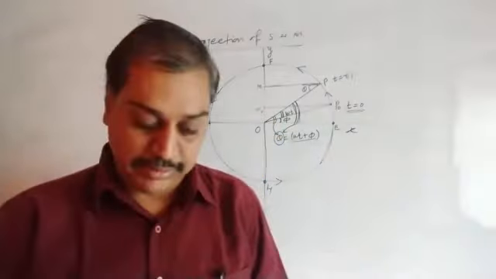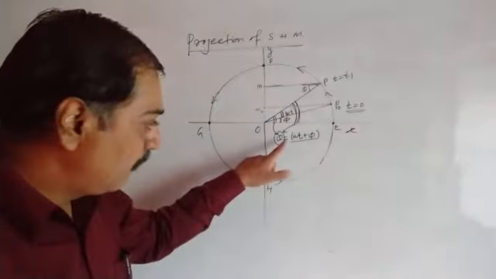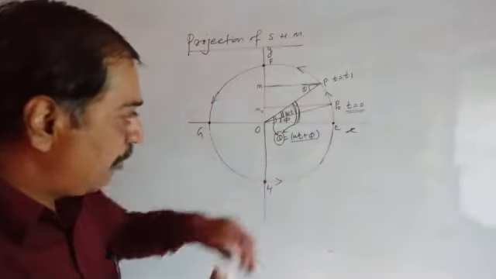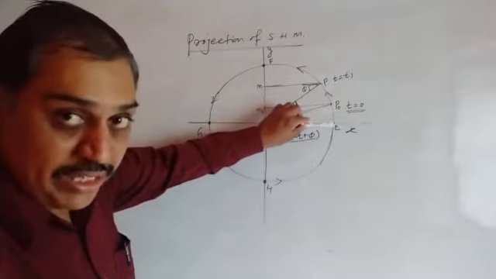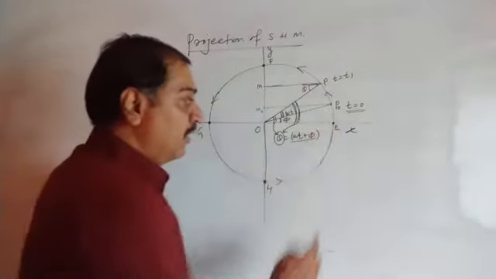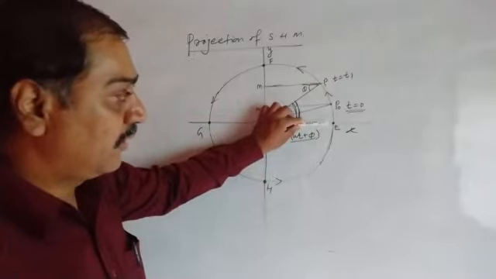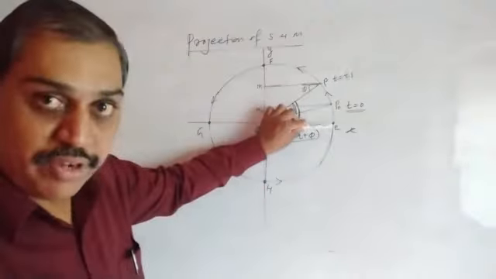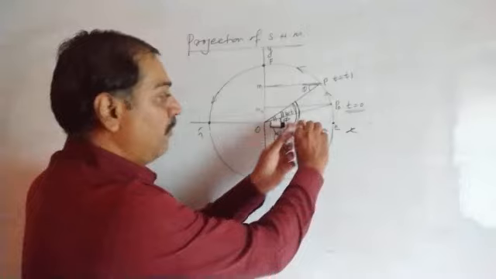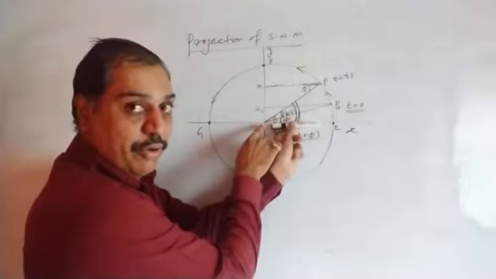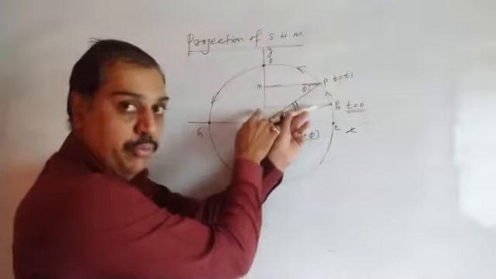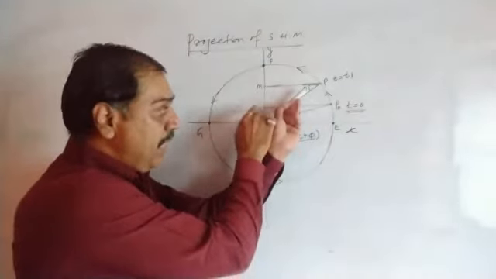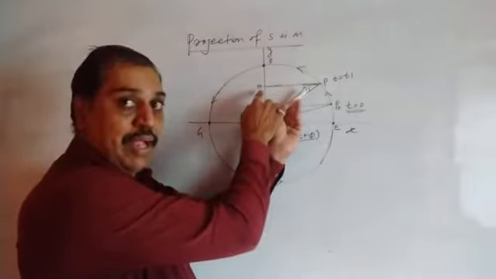Suppose this angle theta is 0. Where does this particle come? It comes at point E. So we can write this is the radius vector, theta equal to 0. Where is the projection? It is exactly at point O. When the particle is shifted to P0, the projection moves to M0. P, projection moves to M, and so on.